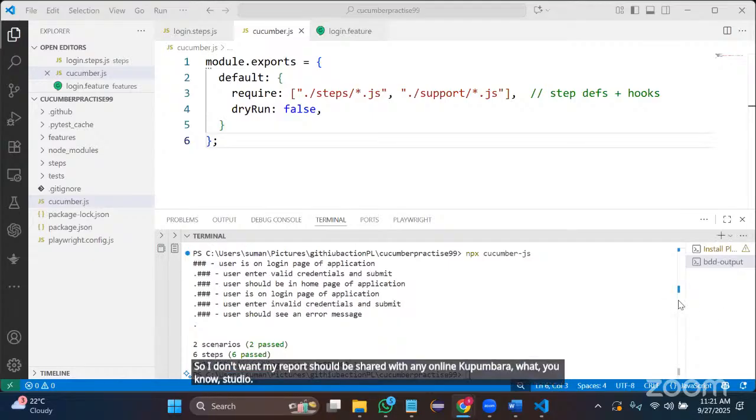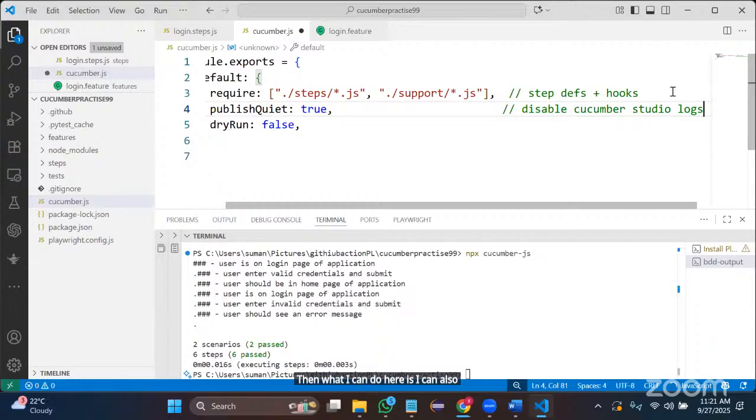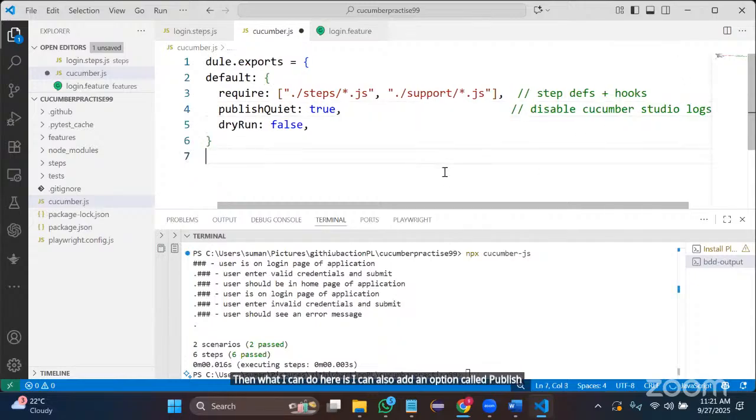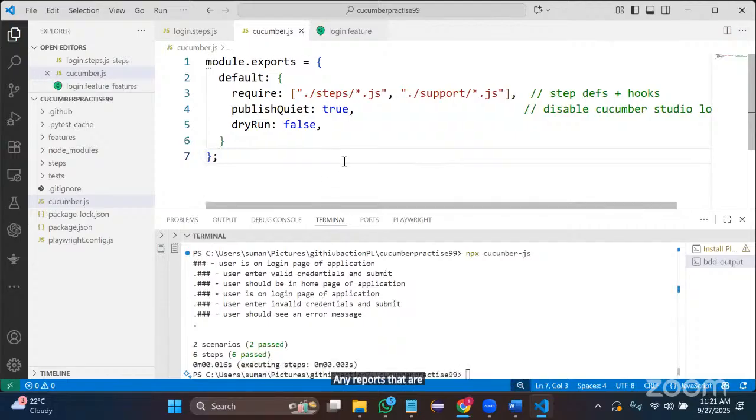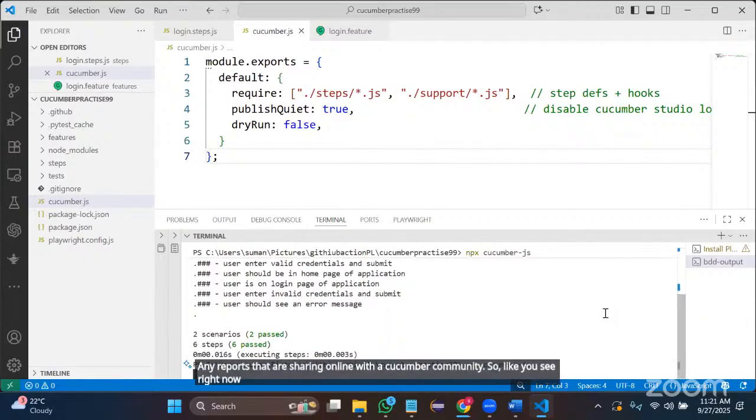Then what I can do here is I can also add an option called publish quiet. It means it will not enable any reports that are sharing online with the Cucumber community. So if you see right now, even though if you run it, it will execute the same, but it will